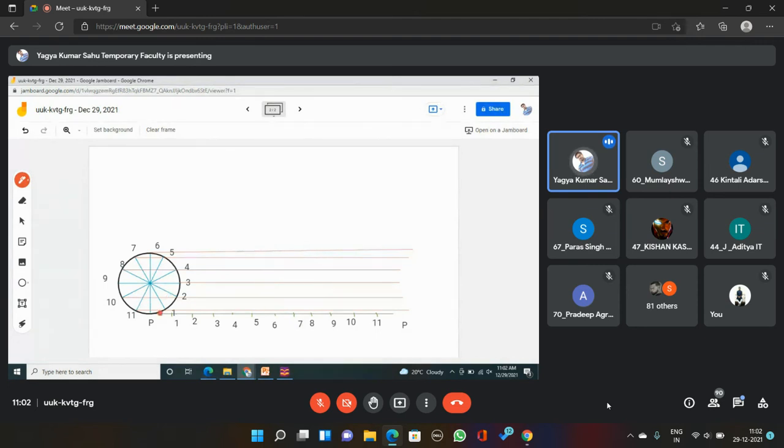Project these points 1, 2, 3, 4, 5 up to 11 onto this center line also. Center line means, let the name of this particular point, we are writing this C, capital C, for center. So project these points by drawing vertical lines. You can easily project these points by drawing a vertical line, 1, 2, 3, onto the straight circumferential line like this.